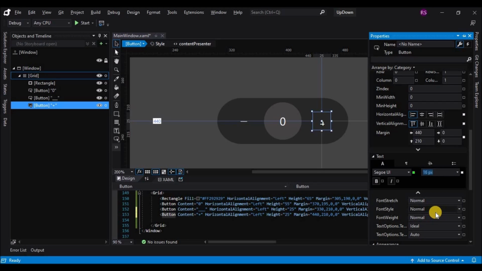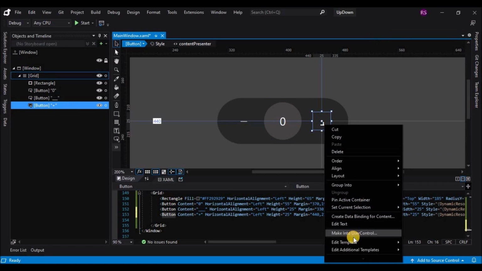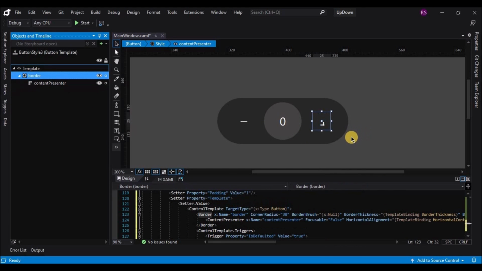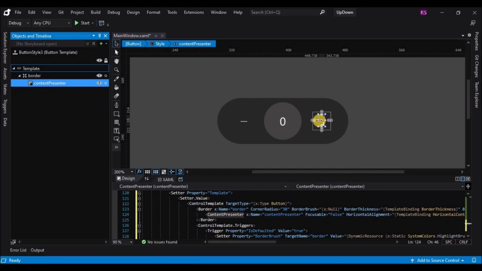Now I have to go back to the template by clicking on edit current content presenter and change the content presenter width and height and change its position as well. Okay, so now I have to just move it to the desired location.